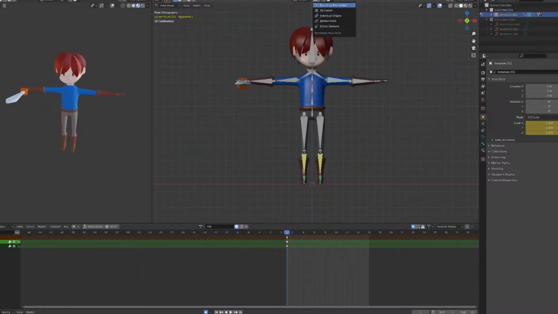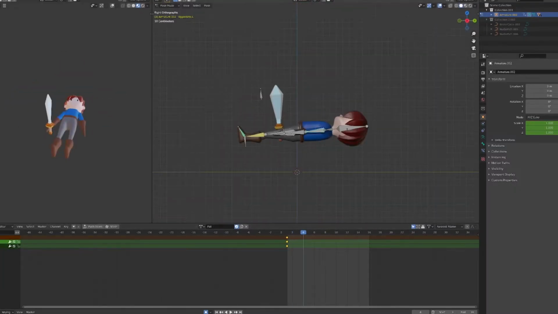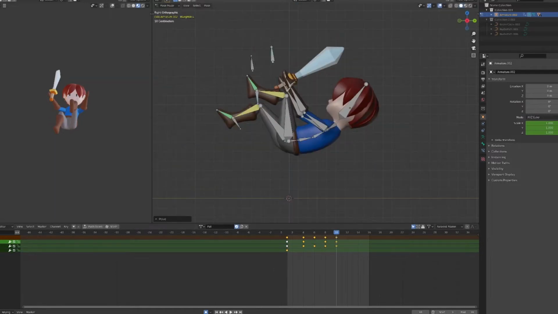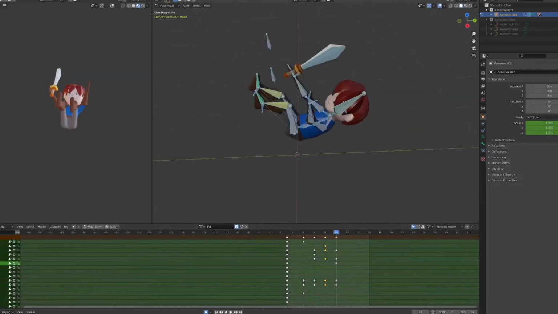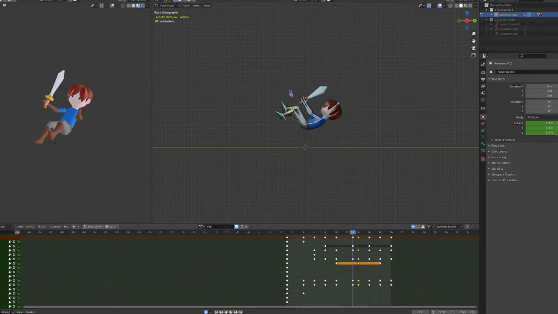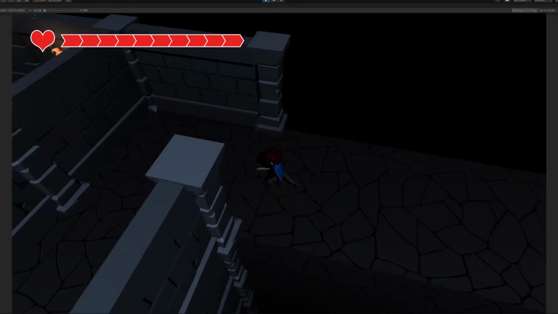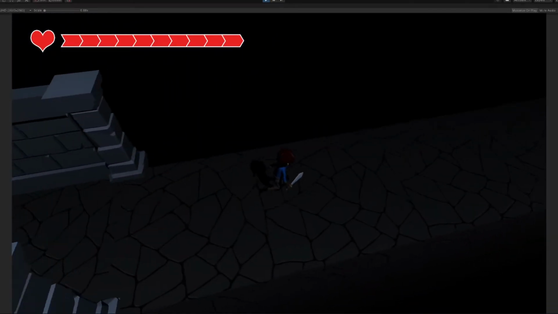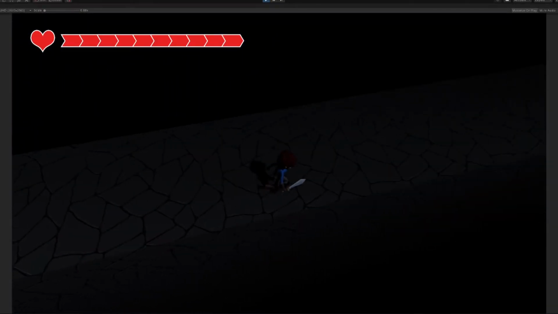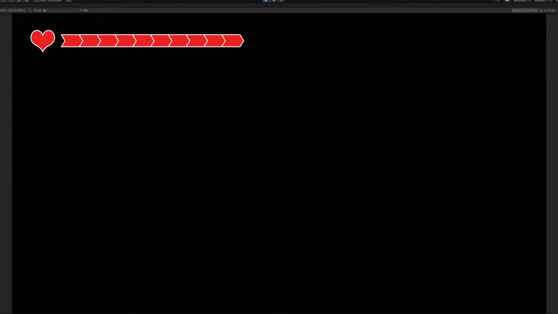However, for a change of scenery, I jumped back into Blender to create a falling animation. Something simple, as the character will fade out into the blackness when falling down. Back in Unity, when the character falls into a pit, the animation is played, and after a few seconds, the camera follows the player again. For now, the poor thing will stay on the bottom of the pit, trapped forever.